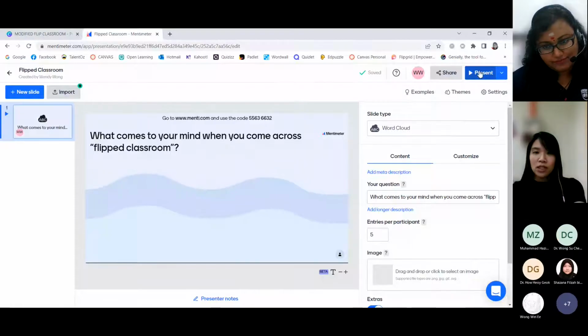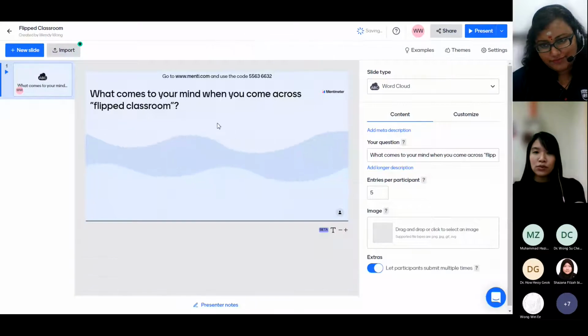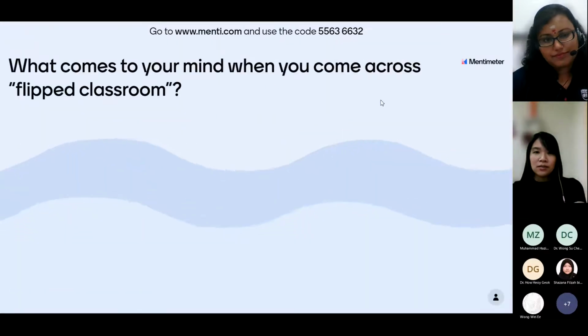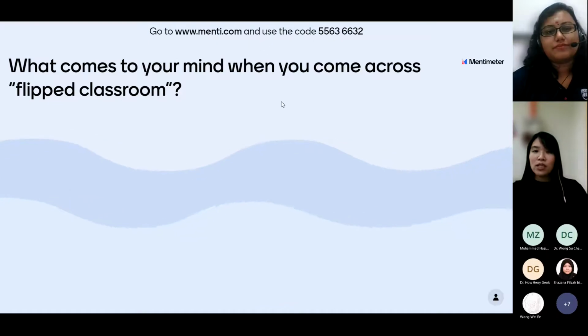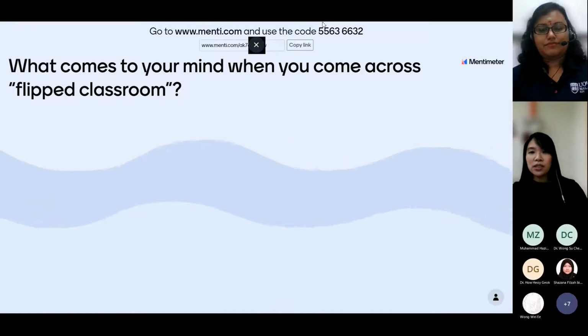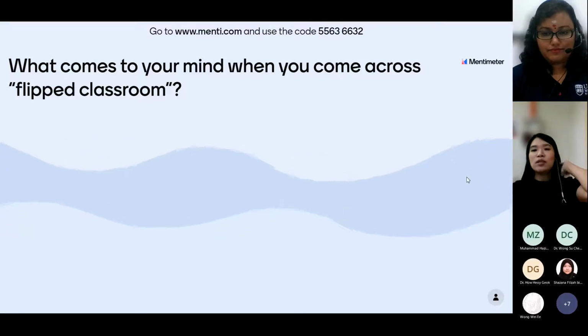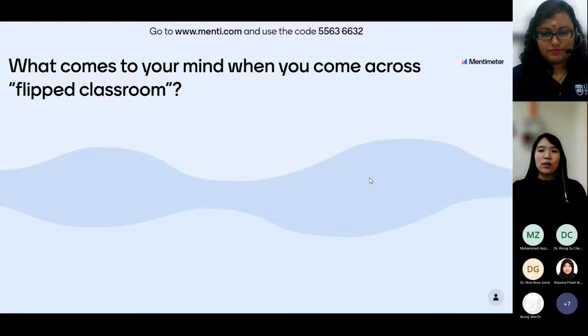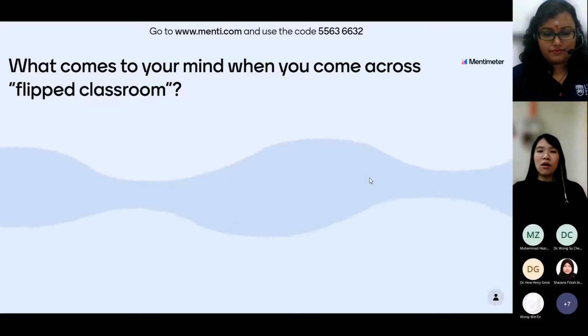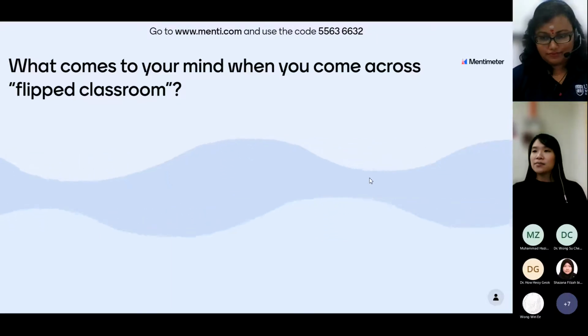Okay, so please go to www.menti.com and key in the code here and put in all your responses. Then we will see what word cloud comes out with all the answers.